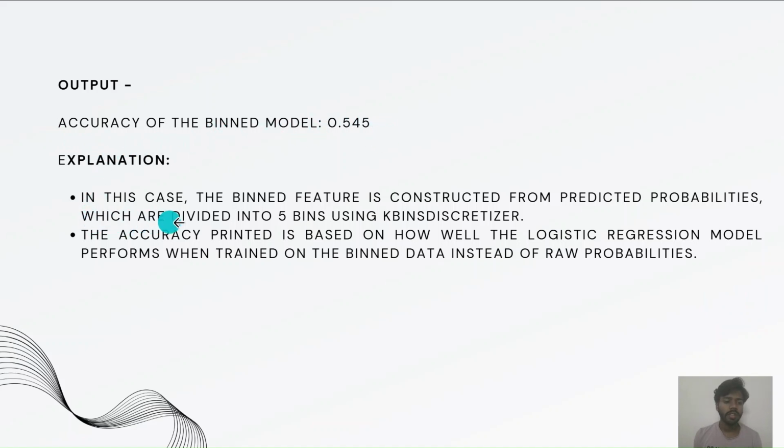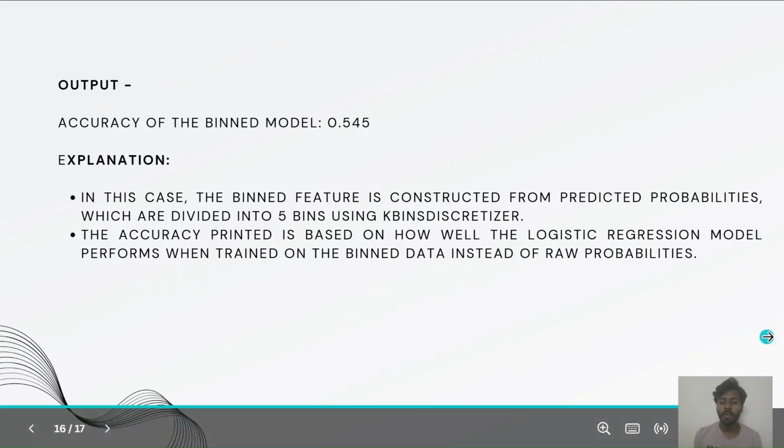Now the explanation. In this case, the binned feature is constructed from predicted probabilities, which are divided into 5 bins using KBinsDiscretizer. The accuracy printed is based on how well the logistic regression model performs when trained on the binned data instead of raw probabilities. That is all